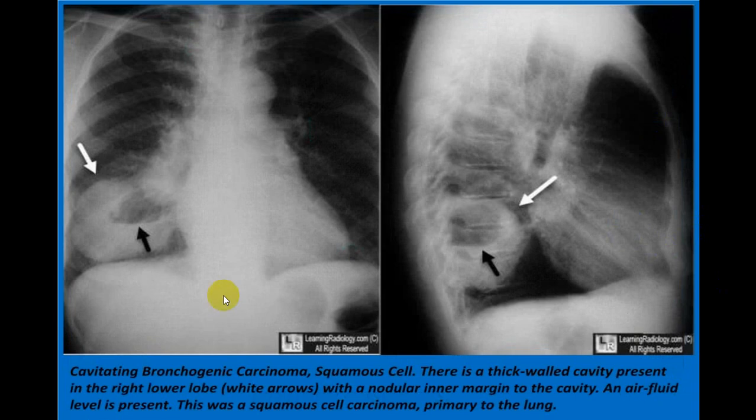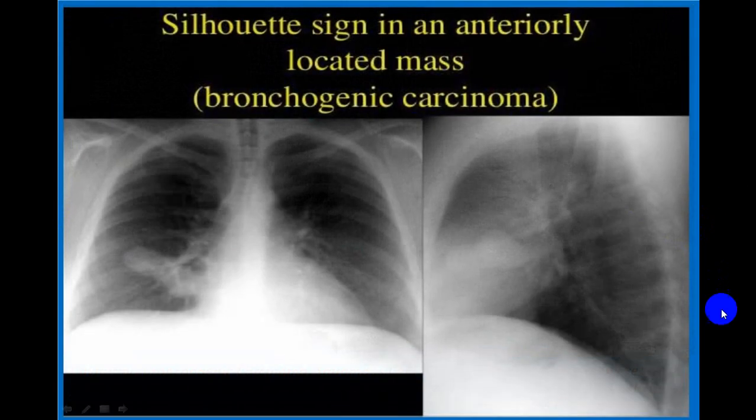But here, this is a squamous cell carcinoma, which can be a cavitary lesion, but this can be diagnosed only on biopsy.